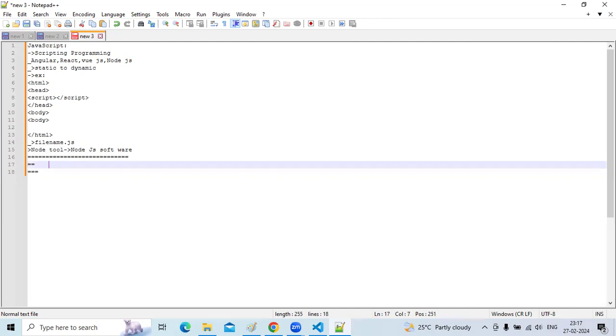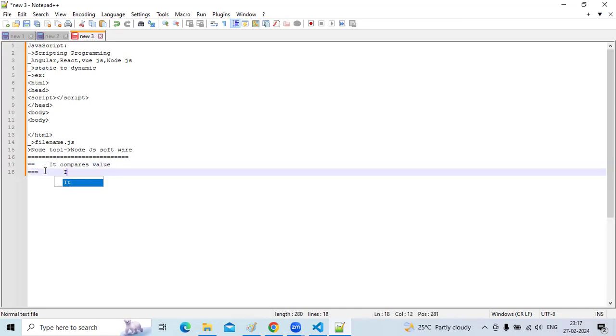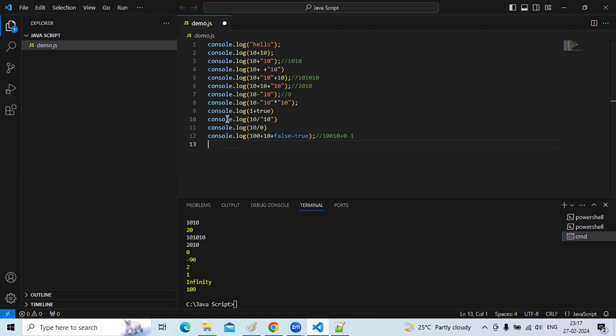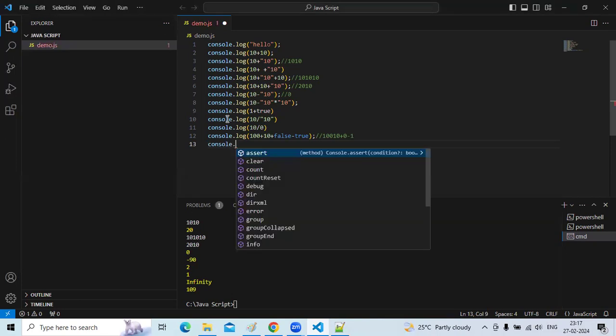The double equal to operator compares only value, but the triple equal to operator compares value and data types. I will explain later what the data types are. Just understand the concept here. The double equal to operator compares the values.